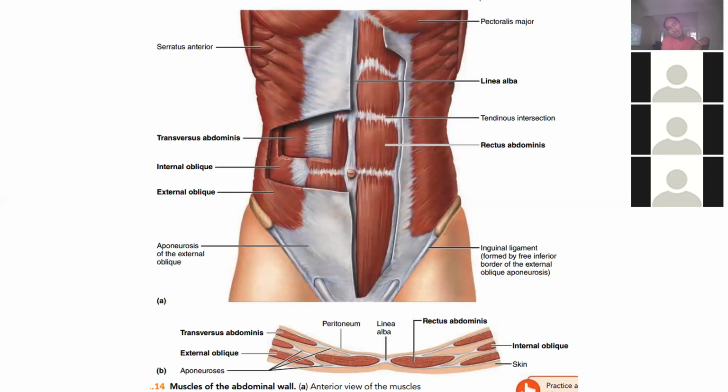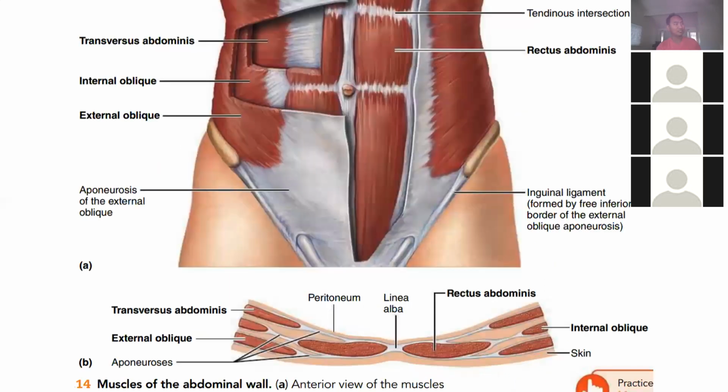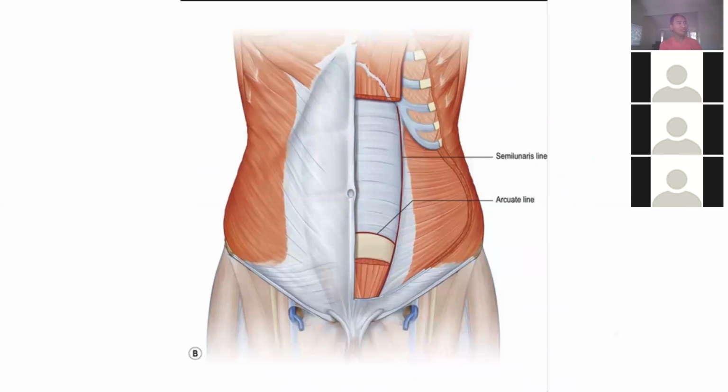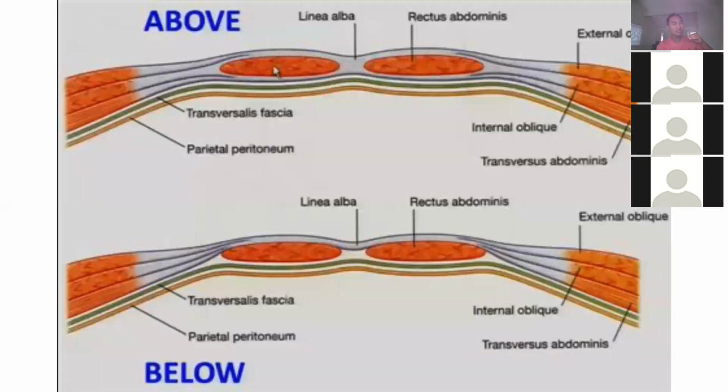Every muscle and aponeurosis goes in front of the rectus abdominis. Let me show you here. This is the arcuate line, where all three layers envelope the rectus abdominis. Below it, all these fibers go in front of the